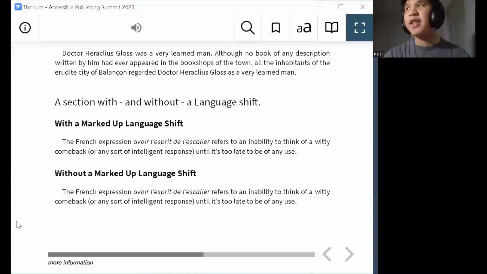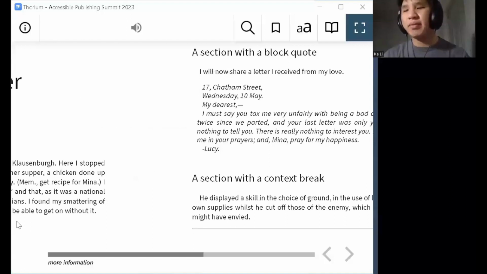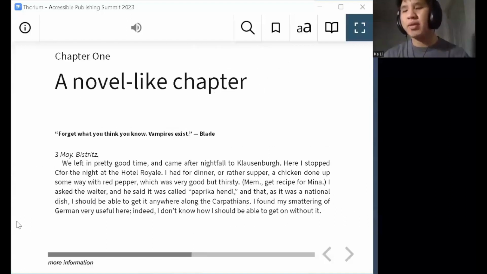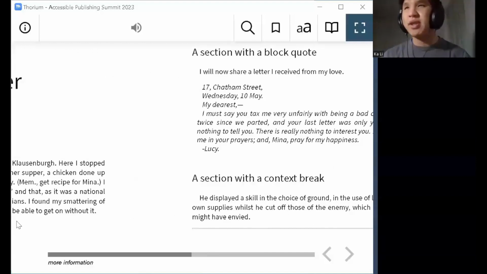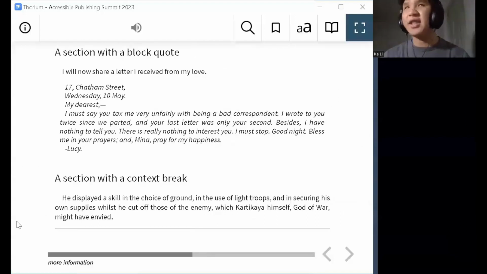So here you may notice that it's a separator and it says the page number. We usually tie page numbers to separators as an easy way to navigate to different pages, but we also use a separator for a context break. I'm going to play a little bit of text here. You'll be able to hear it in a little bit more of a contextual situation.